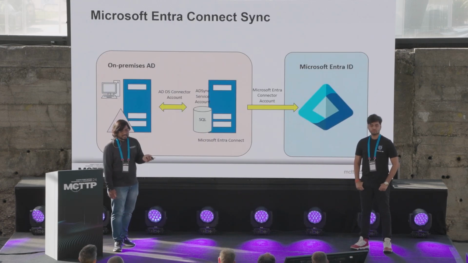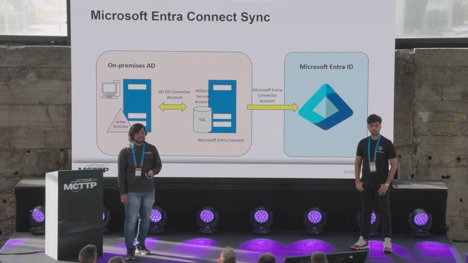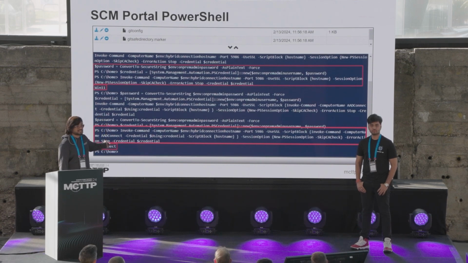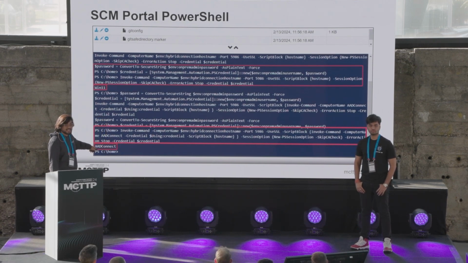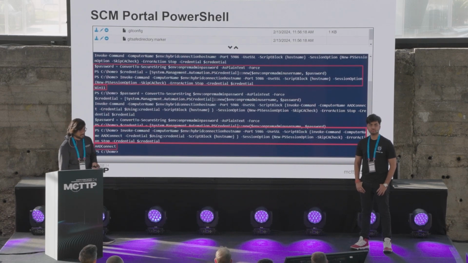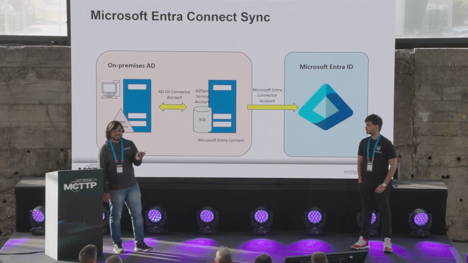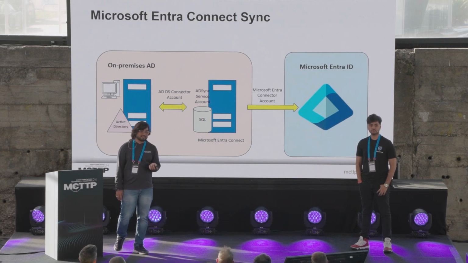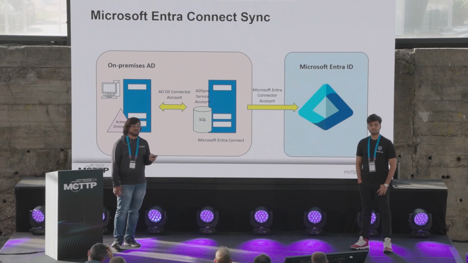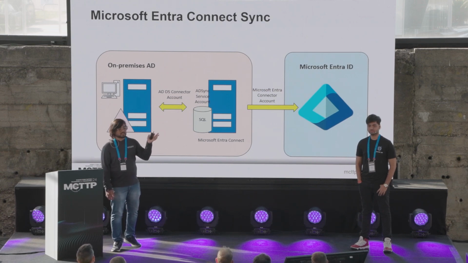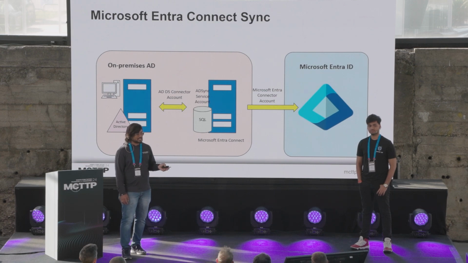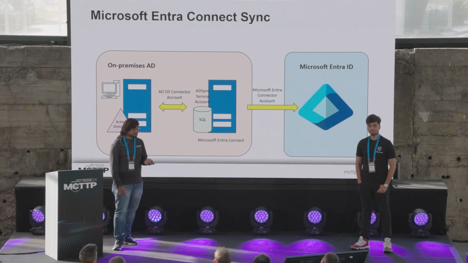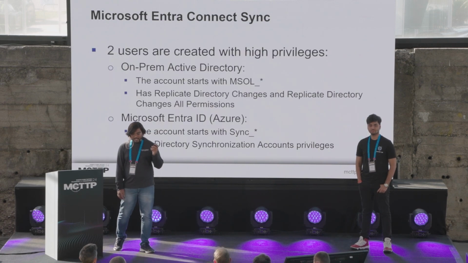So what we did, we started compromising that AD Connect machine. In the previous screenshot, we can see that we used nested PowerShell commands to access that AD Connect machine, and we managed to gain access to that target machine. So just to give you a brief about what is AD Connect, or now you can call it Microsoft Entra ID Connect Sync. This is a feature which allows you to sync your on-prem users with the Microsoft Cloud, right? And there are multiple mechanisms that you could use for your syncing purposes or building a hybrid identity.